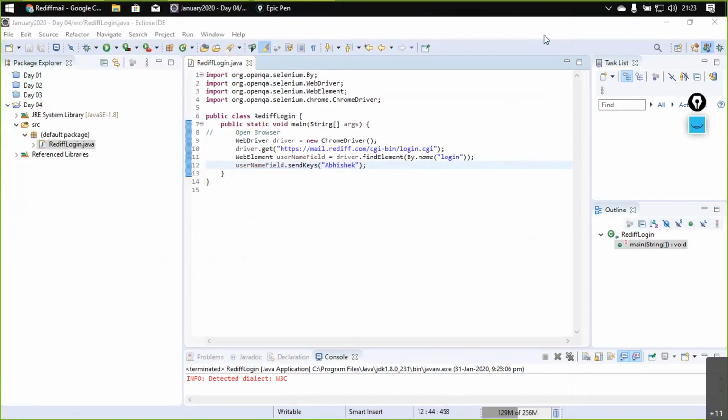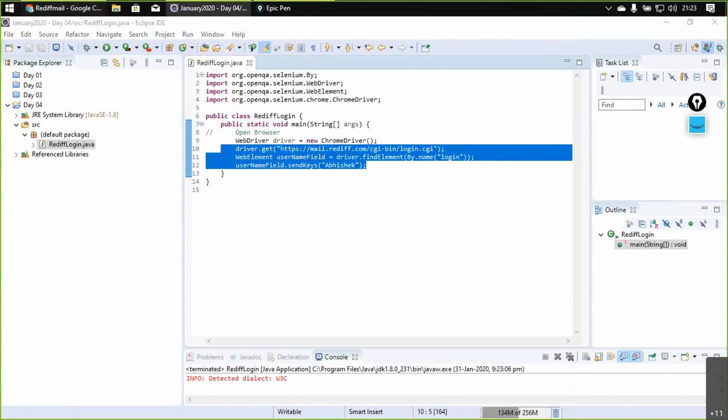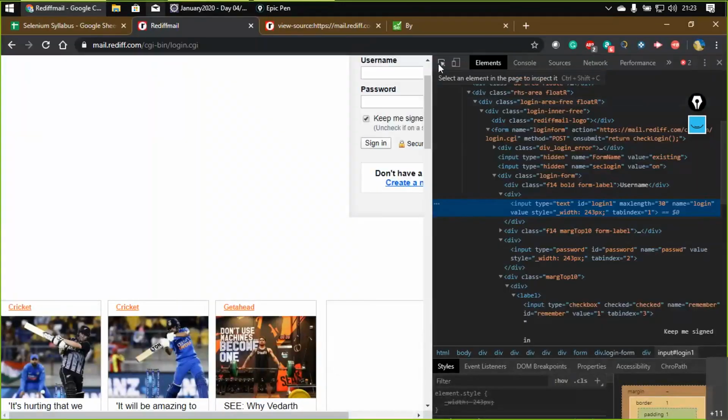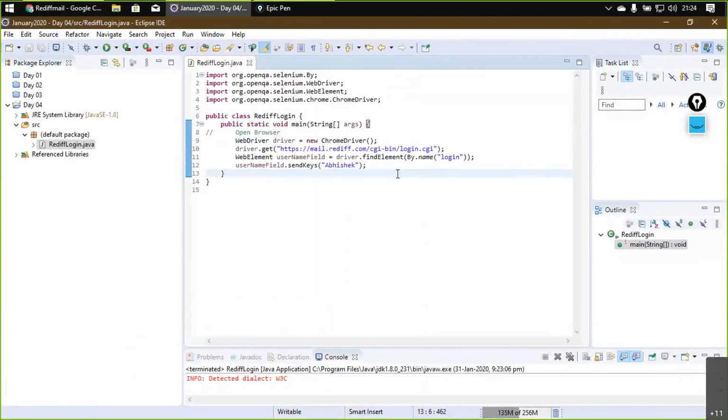Now, over here, we're done with sending some data. Can we do this again, right? Can we retrieve the next element again, and then we send some other data? If you notice, we have the name field again. Now this has different data, that is PASSWD, right? So I'll simply try to retrieve the element again. So web element, say password field